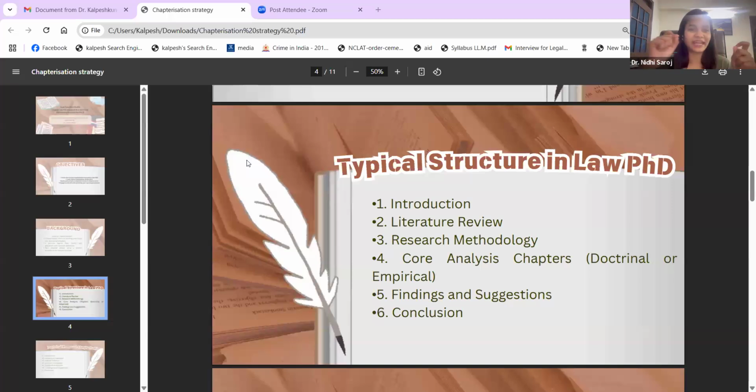So here you will have to do an analysis. If you are doing a combination research, you have to select one research question and highlight in your finding that based on this chapter, I have come to this finding. Again, this can also be in the form of a table so that it becomes more reader friendly. Suggestions, and lastly conclusion, whereby you are concluding all your chapters. So this is a typical structure, right? I'm sure everybody knows about it, and then we will take some examples also to understand it further.